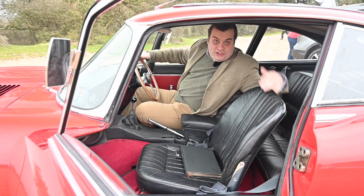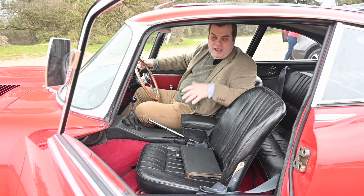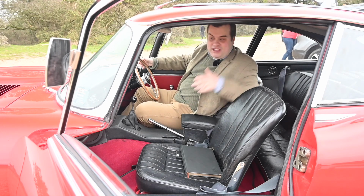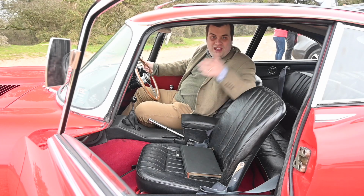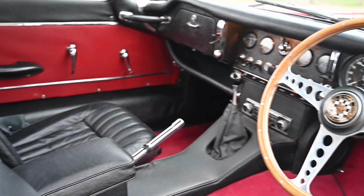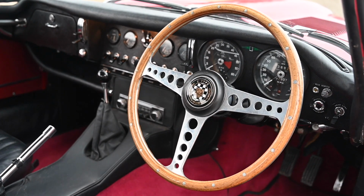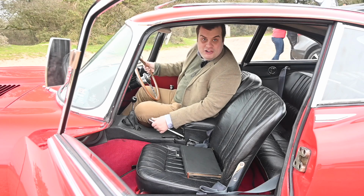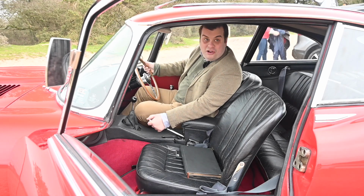Because this is an E-Type 2+2, the doors are actually a little bit longer, so it is a bit easier to get in, although it's still not easy. Once you're in here, actually, the driving position's quite good. It's better than, I think, an Alfa Romeo GT Junior, which would be a car of a similar type and a similar era. The handbrake is a very unusual design in that if you put the button off,